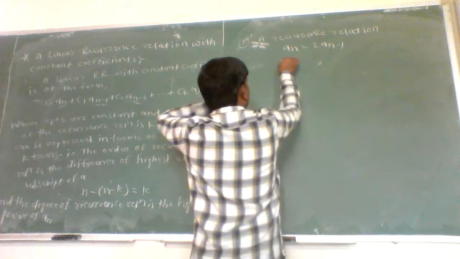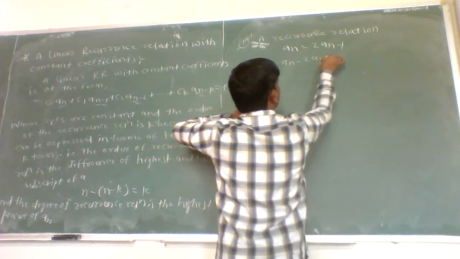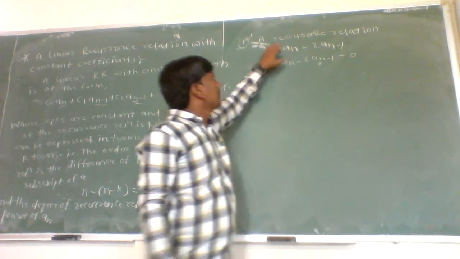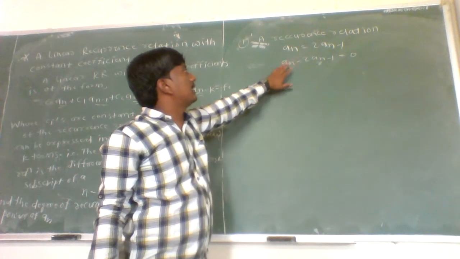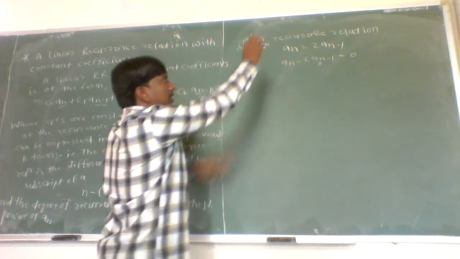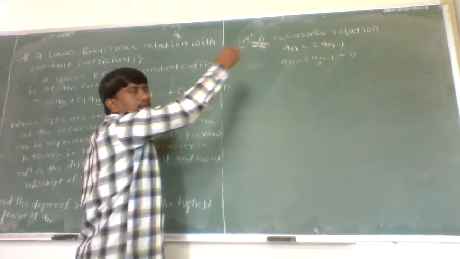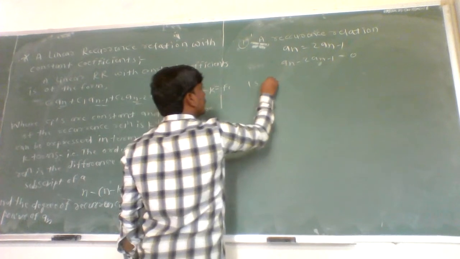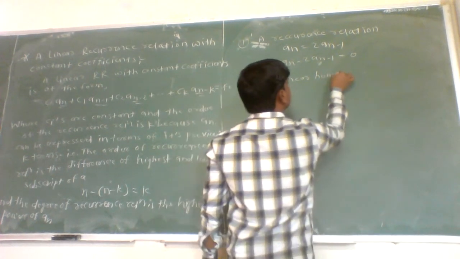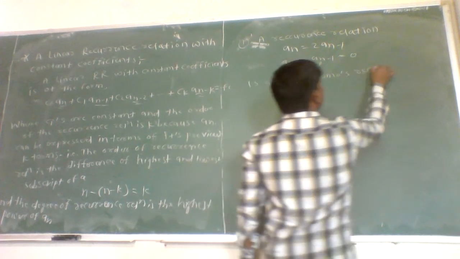Here, this can be written as a_n minus 2 times a_{n-1} equal to 0. Therefore, f(n) is 0. And here, the power of each subscripted letter is 1. Therefore, it is linear also. Therefore, the given recurrence relation a_n equal to 2 times a_{n-1} is a linear homogeneous recurrence relation